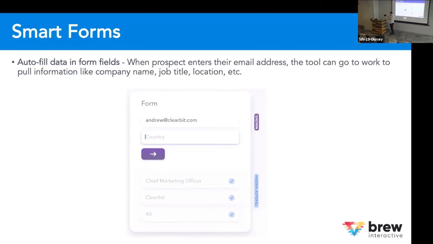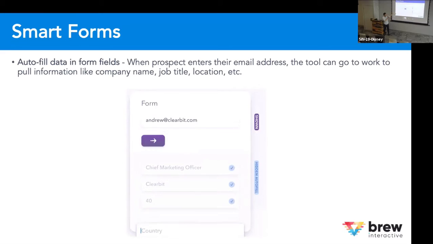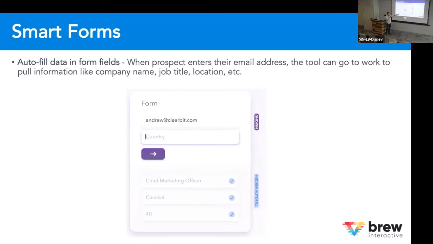So to give you an example, this is how it works. Right, so you've got somebody who types in andrew@clearbit.com. Automatically, if Clearbit doesn't have the information of where Andrew is from, then the country field will show up. Otherwise, other fields such as title, Chief Marketing Officer, the company name, employee size, can all be automatically hidden